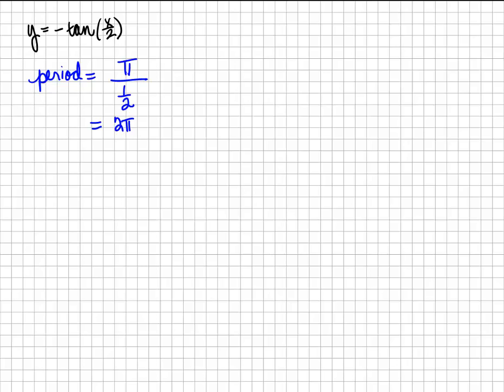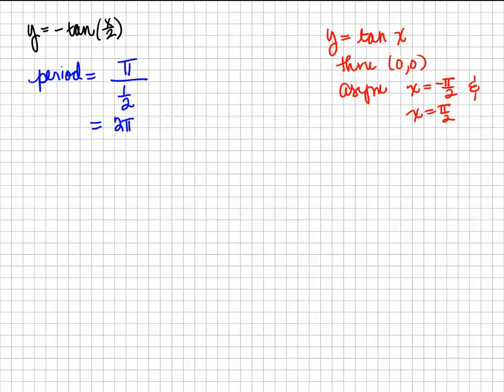Then I want you to remember what you know about tangent, so like the normal parent graph. So y equals tangent of x, you might remember a couple of things. One of them is that it passes through the origin, because the tangent of 0 is 0. You also might remember that you had asymptotes at x is equal to negative pi over 2 and at x is equal to pi over 2. Well, now that the period is 2 pi, that's not going to work out all the same, but it still will be true